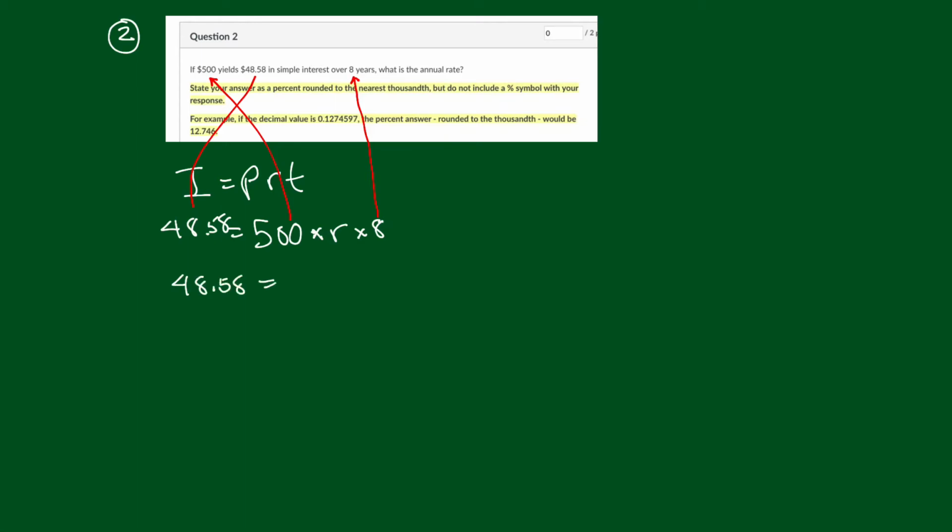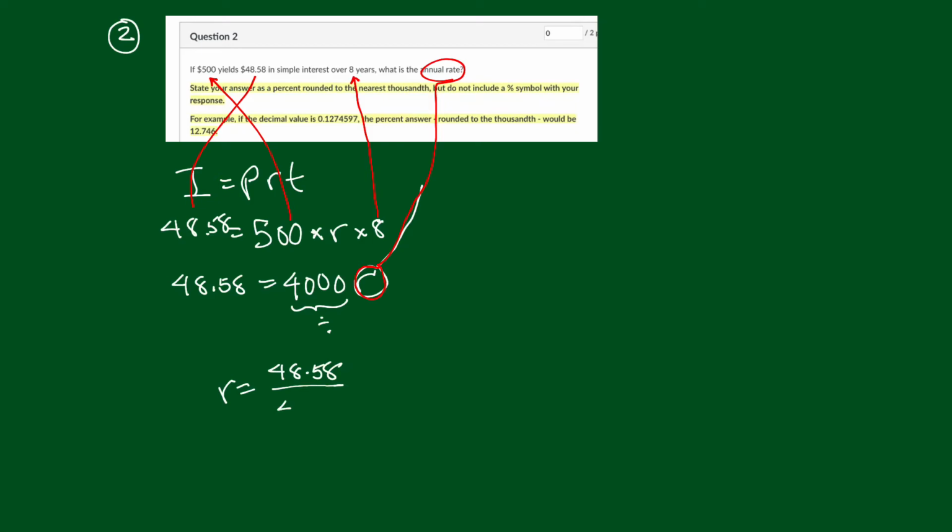So here's what we have so far. $48.58 equals 500 times 8. 5 times 8 is 40, and I've got 2 zeros, so I get 4,000 times R. Now a little bit of algebra here. I want to get R by itself. That's what I'm trying to find. What is the annual rate? That's R. The 4,000 is multiplying by R, so I'm going to divide. So R is going to be